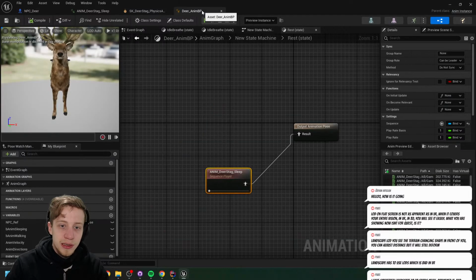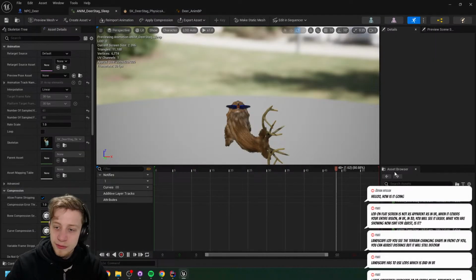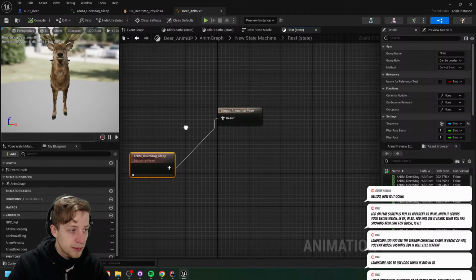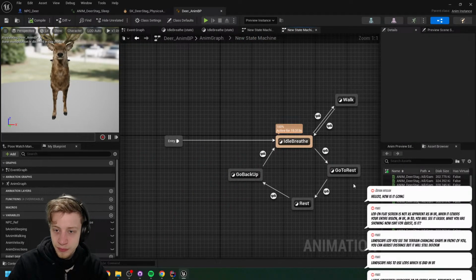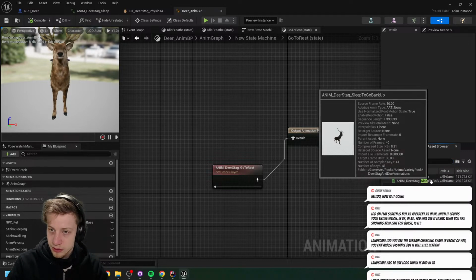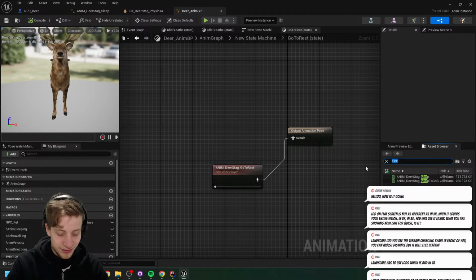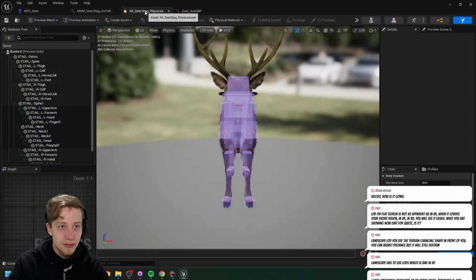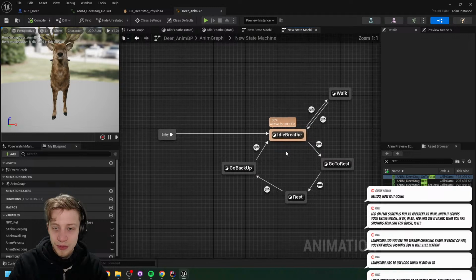Maybe I'm just running the wrong animation here? Let's see. Do we ever go to sleep? I can do it from within the animation blueprint. I'll get a sleep here. No, we have sleep to go to bed, and we go back up, but we don't have the other way around. That's a bit annoying. We're gonna have to use rest for it. Yeah, see, that's what's causing so much drama with the transition.